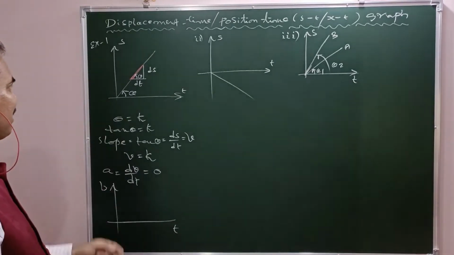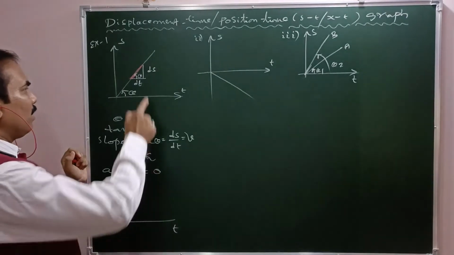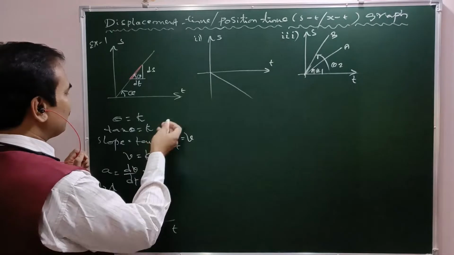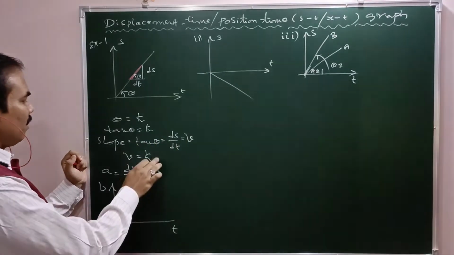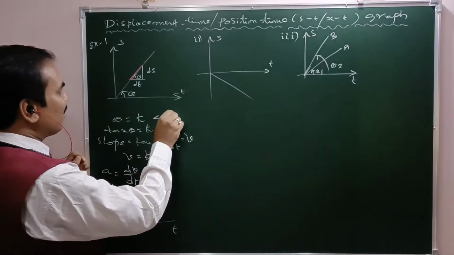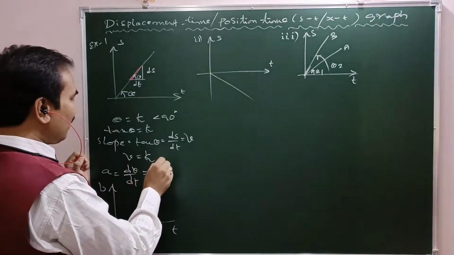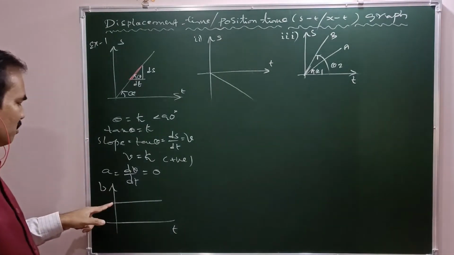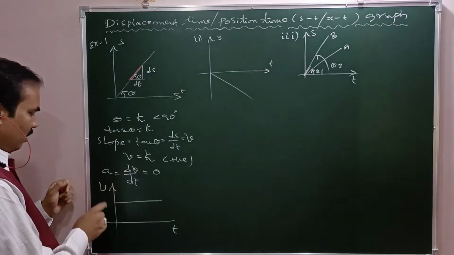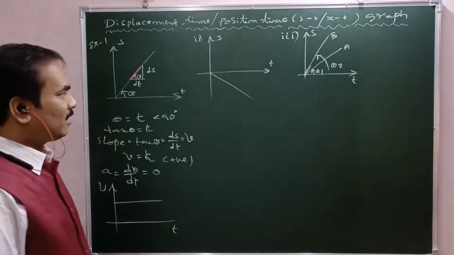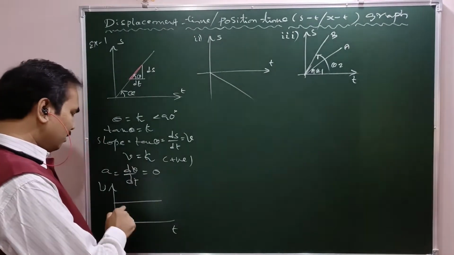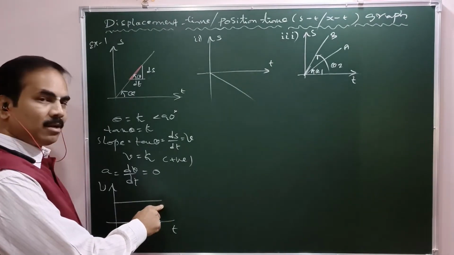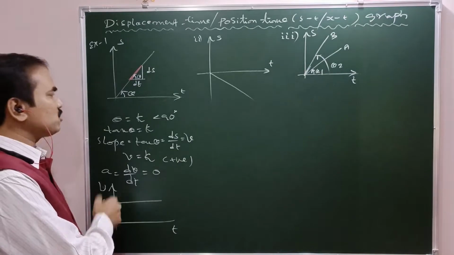Now if I convert the graph into a velocity versus time graph, what about velocity versus time? See, slope is constant, and moreover that slope is positive. Theta constant implies tan theta constant, that is slope constant means v is constant. But positive here. Theta less than 90 means v is constant and positive. V versus t: positive and constant. As time goes on, velocity remains the same, no deviation, no change at all. Moreover, that is positive.